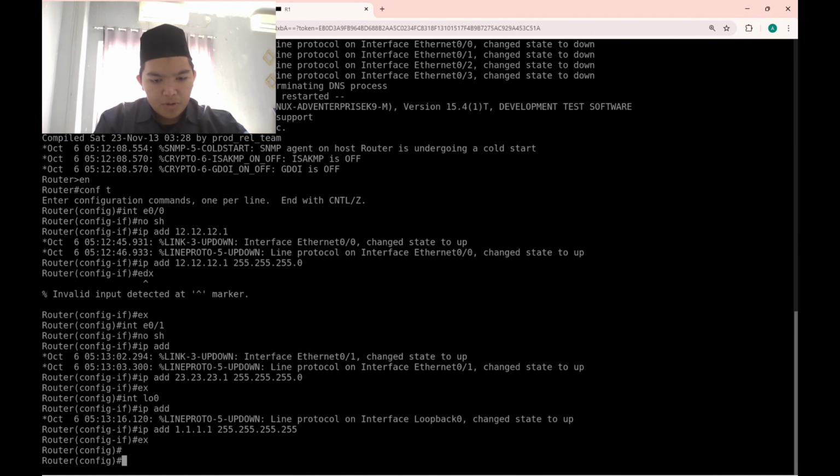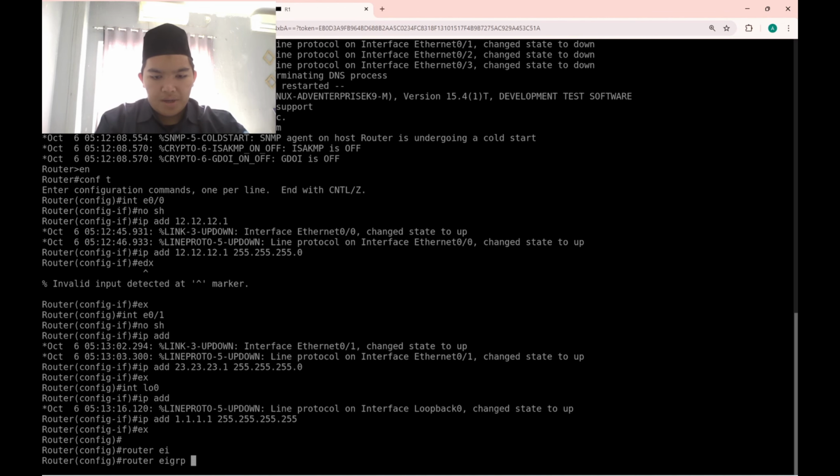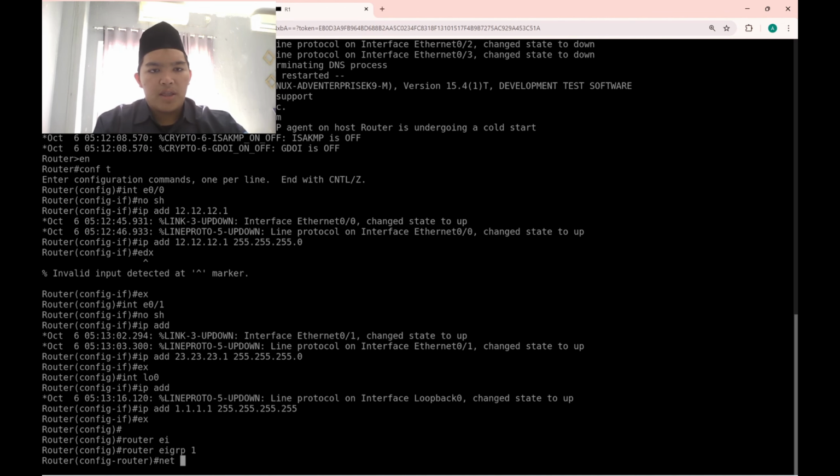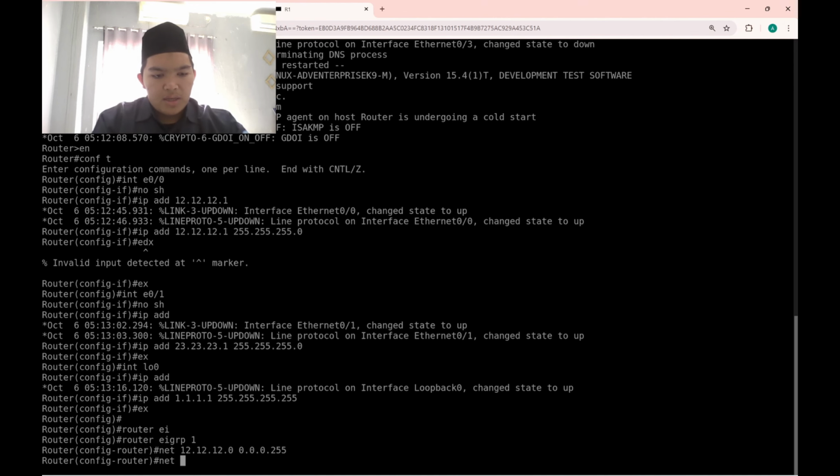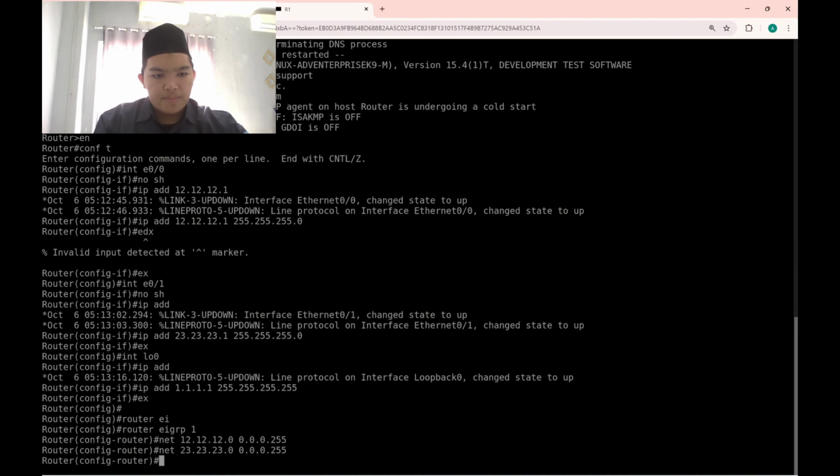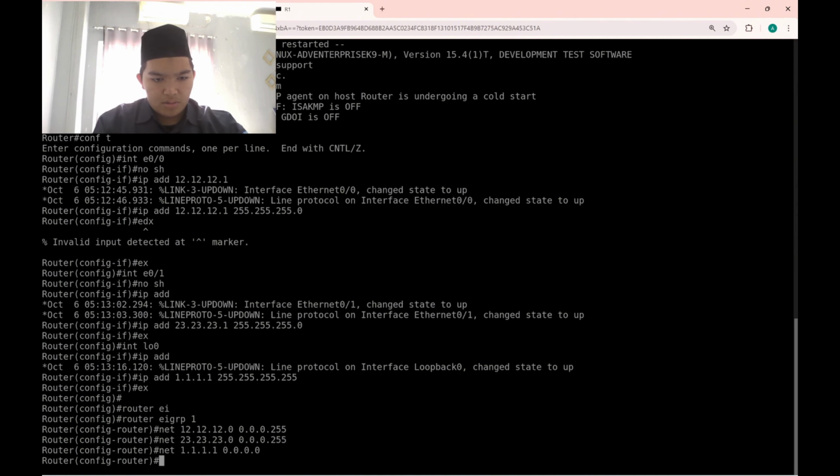Okay, after that we're gonna create the EIGRP routing protocol, router eigrp 1. We're gonna input the networks that the router has, that is 12.12.12.0, then the wildcard mask 0.0.0.255, like this. Same for 23.23.23.0 with 0.0.0.255, and then the last is the IP loopback, that is 1.1.1.1 with 0.0.0.0.